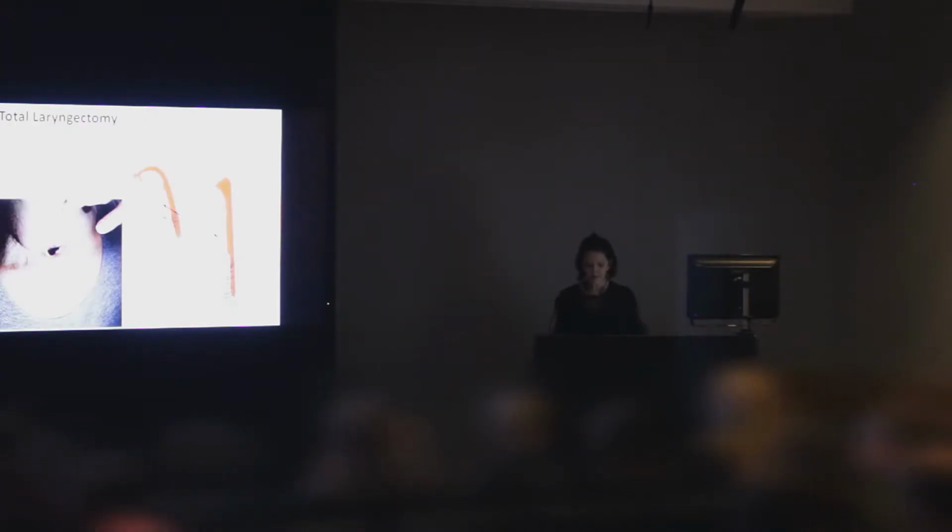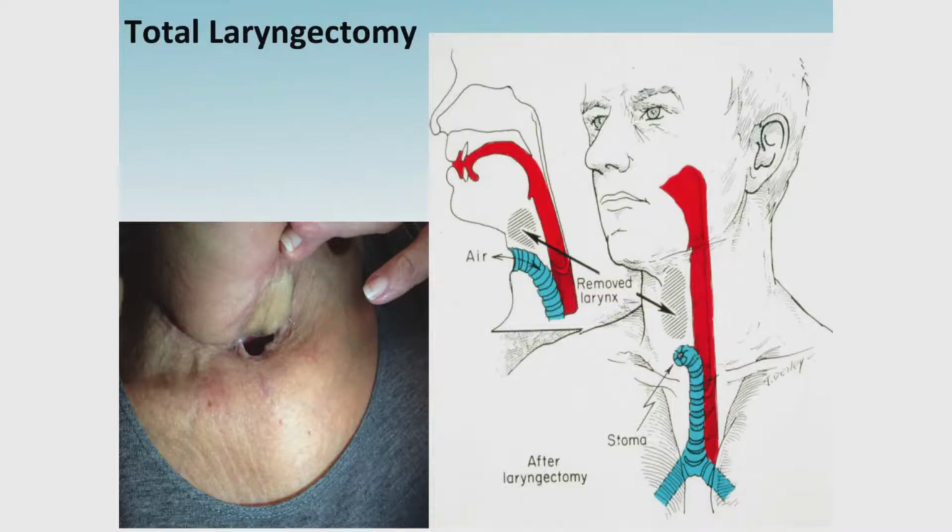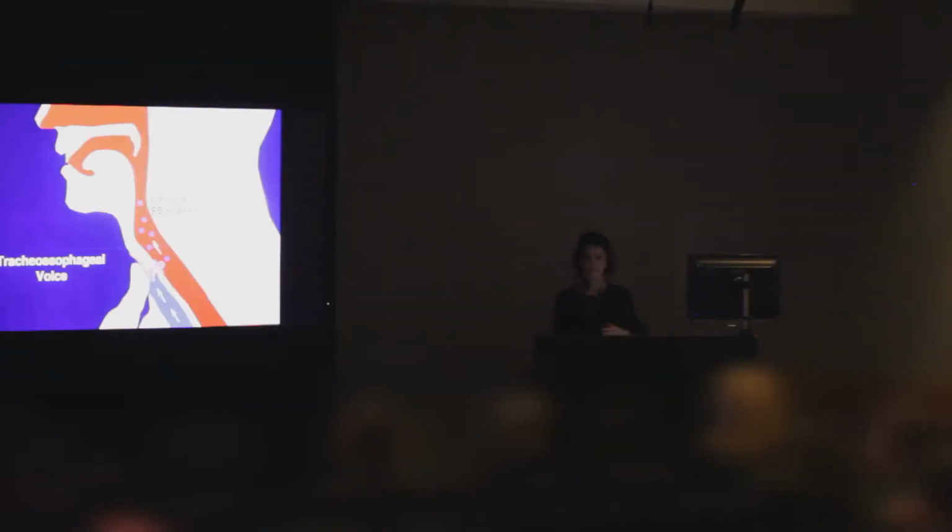If one has had a total laryngectomy, or total removal of the voice box, which is a little more radical, you've got complete separation of the food passageway in red and the airway in front in blue, and we're now permanently breathing through an opening in the neck. There is quite a lot of adjustment. We have to begin to speak very deliberately by initially using a finger to close off that opening